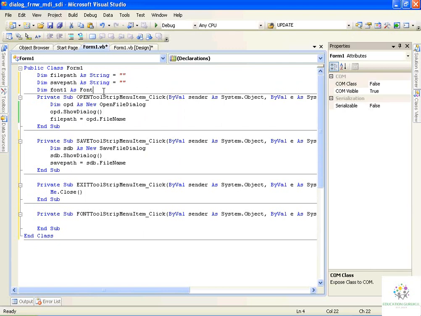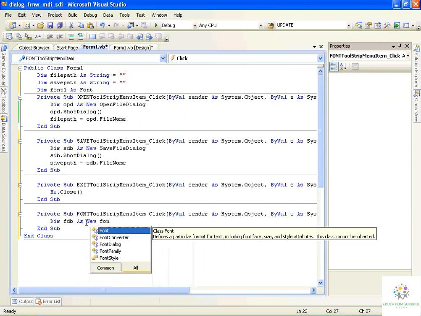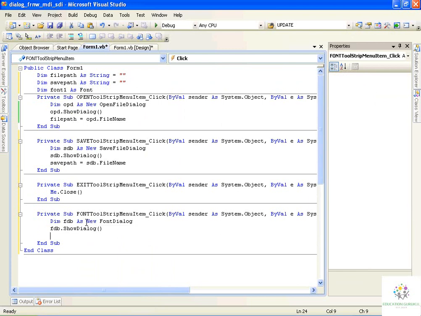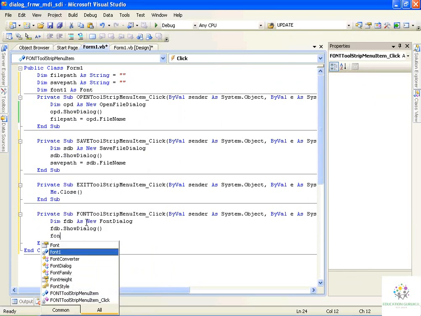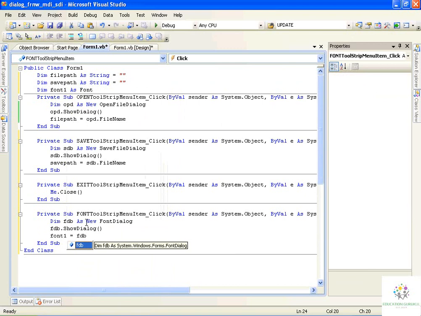Okay, as font. Then I'll be saying dim font dialog box as new font dialog. Okay, so I'll be saying fdb dot show dialog. Then whatever these things are there, store it inside whatever you have selected, store it inside font one. That will be taken from your fdb dot